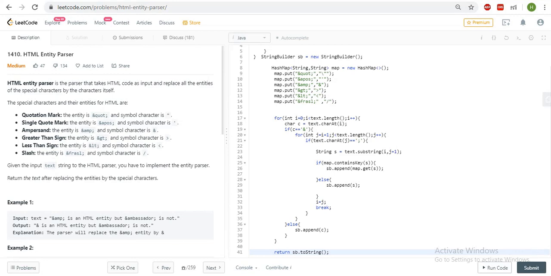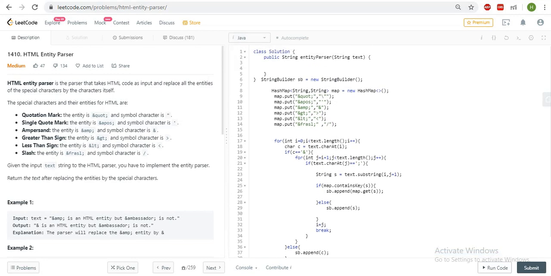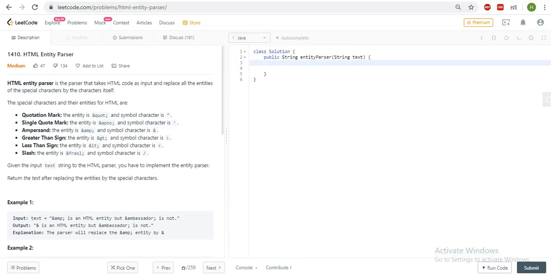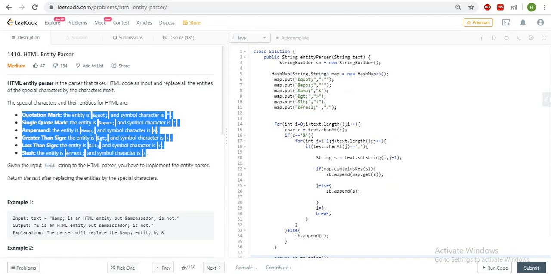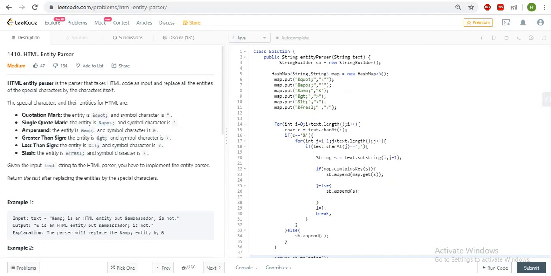I have followed this approach. Firstly, I'm storing these special characters in a data structure where I can fetch the result in constant time. So this is a hash map, which will give us constant time complexity.